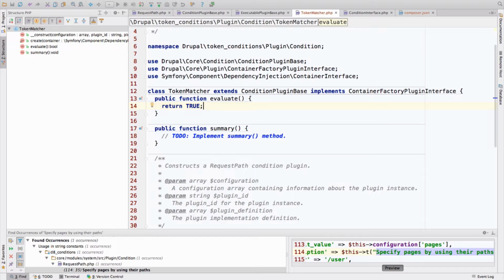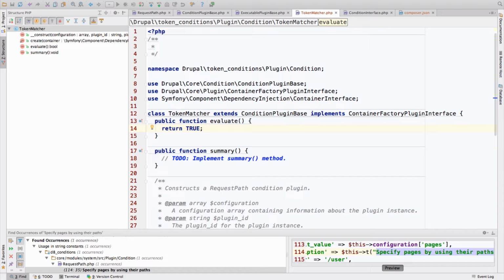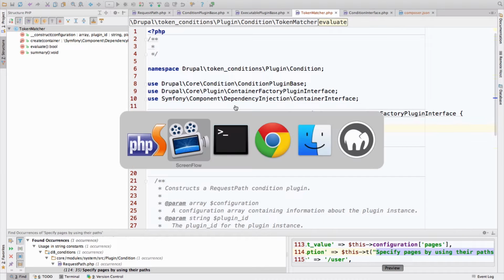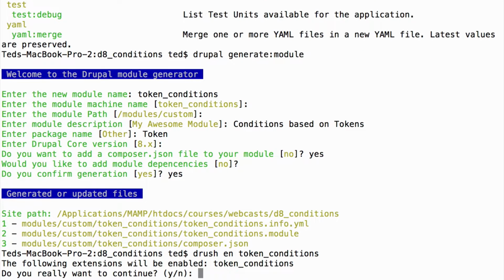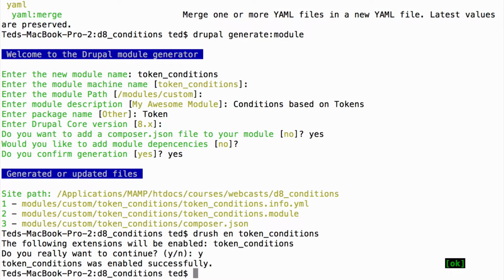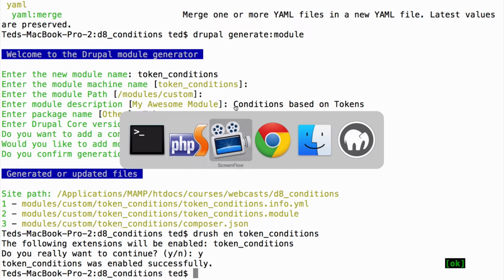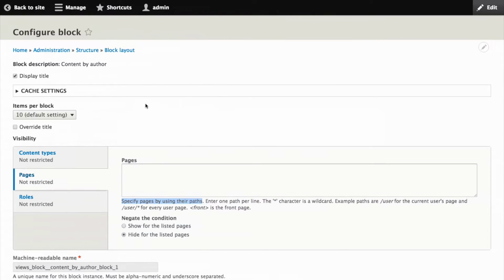So this could be enough to get my module or my condition on the block page. Let's see if that actually works. So I'm going to go back and actually I'm going to use Drush right now. I'm using a combination of Drush and Drupal Console, and I'm going to enable my module token conditions. So if all went well, if I reload this page for configuring the block,